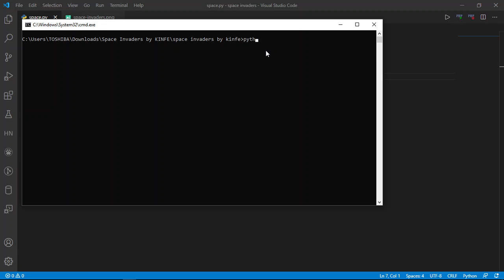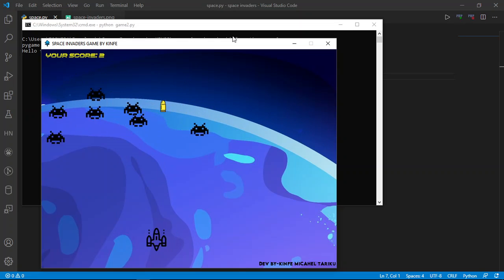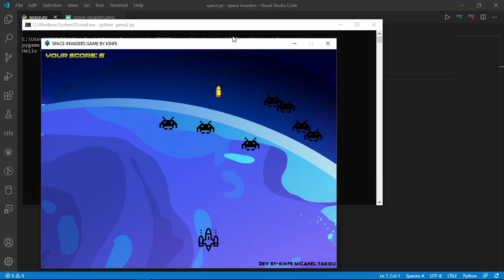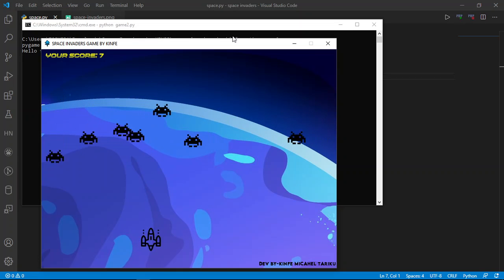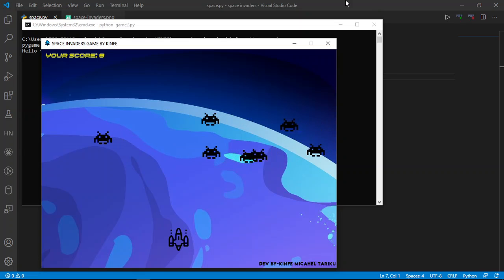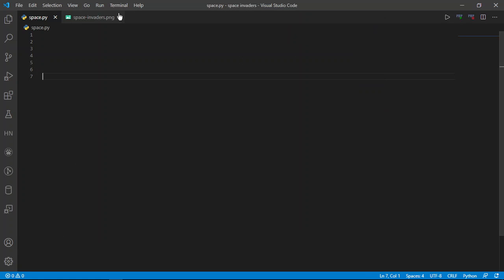Let me just show you the name of the project that we are going to build. As you might see, the demo looks like this, so we are going to build it from scratch. Let me just start with the first thing that you have to do: you have to be able to import